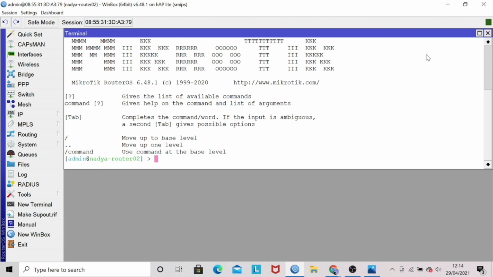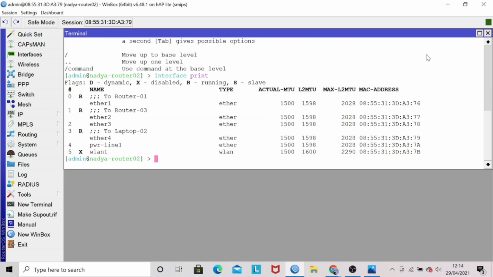Check the interface on router 2 with interface print. We can see that I am using Ether 1, Ether 2, and Ether 4 because there is an R running symbol. After that, configure the IP address according to the topology, namely Ether 1, Ether 2, and